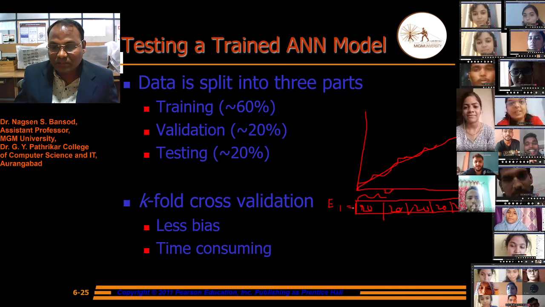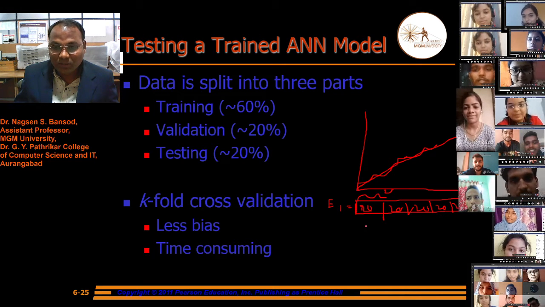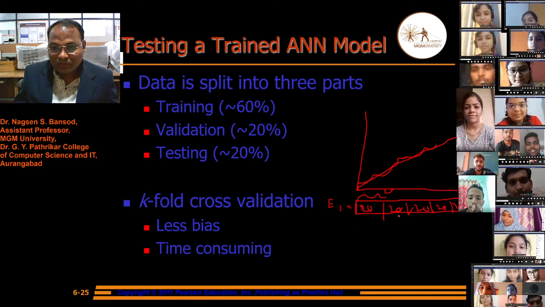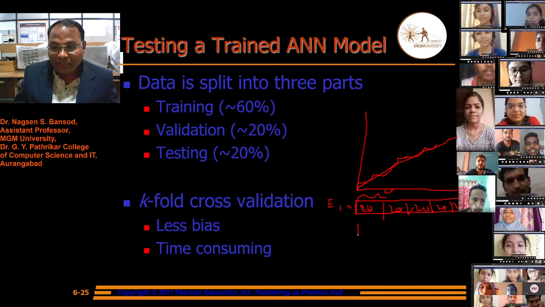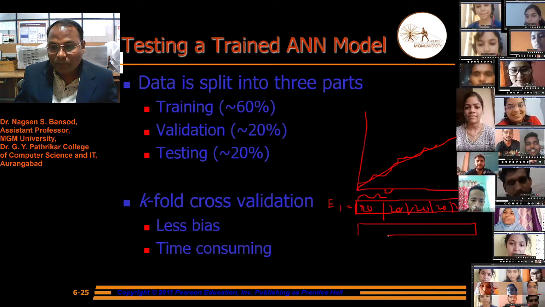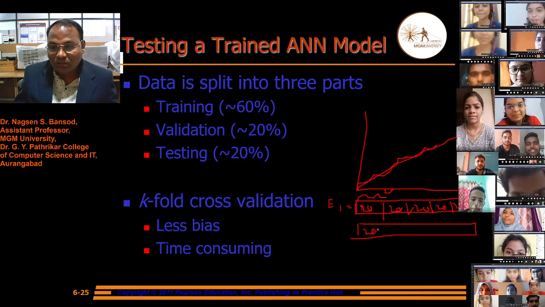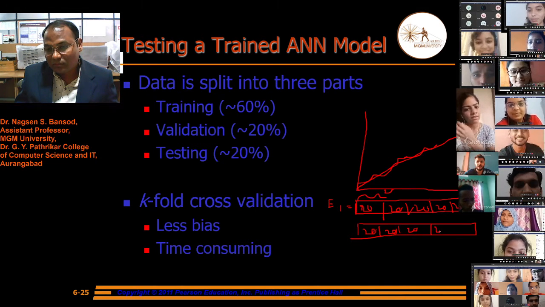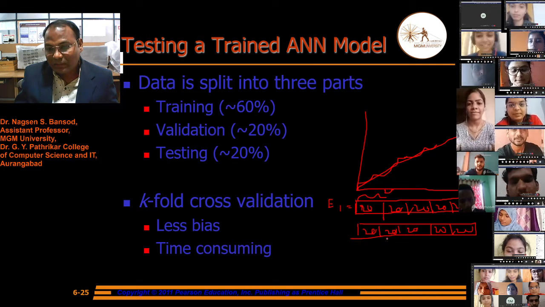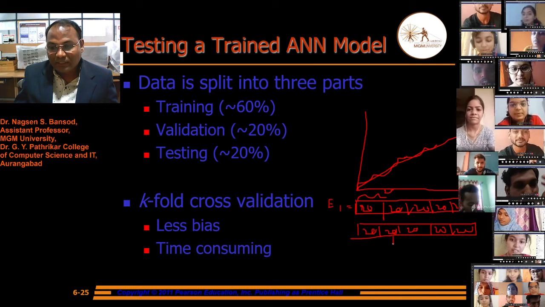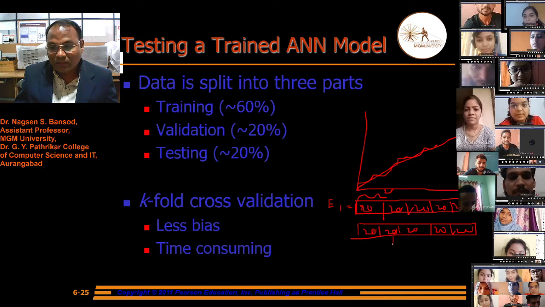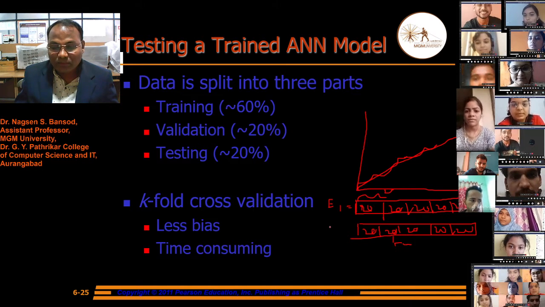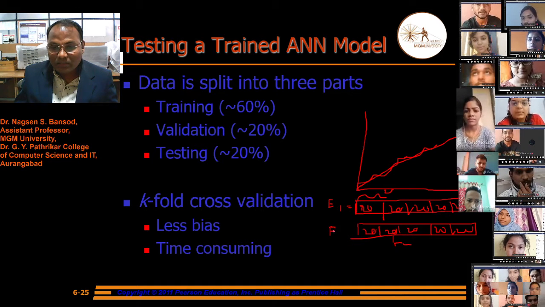In the second step we select another 20 records for testing, and the remaining part we keep for training. In the next pass we select another 20 records as test, the remaining for training, and find the error estimation.